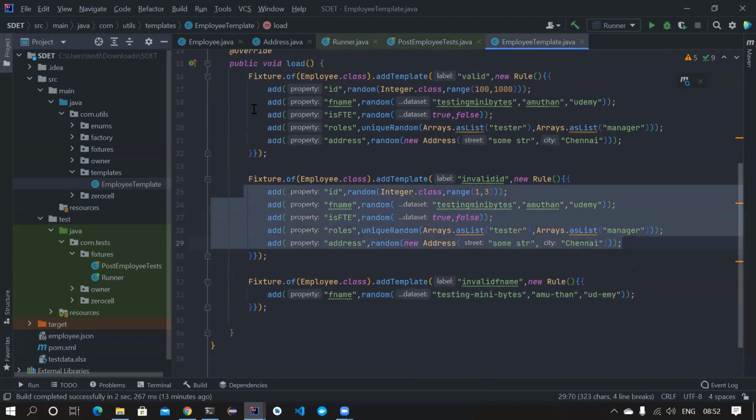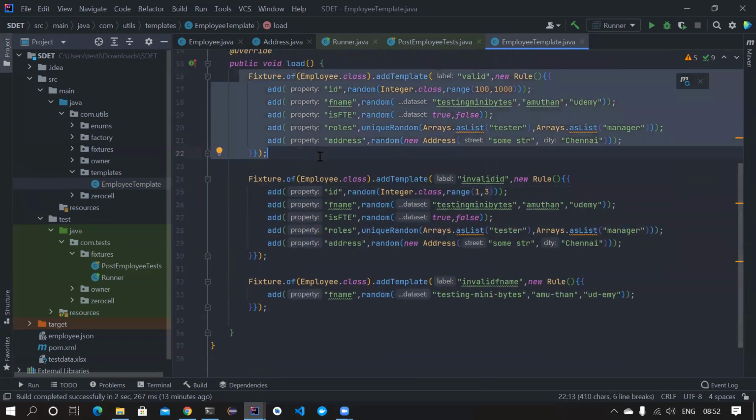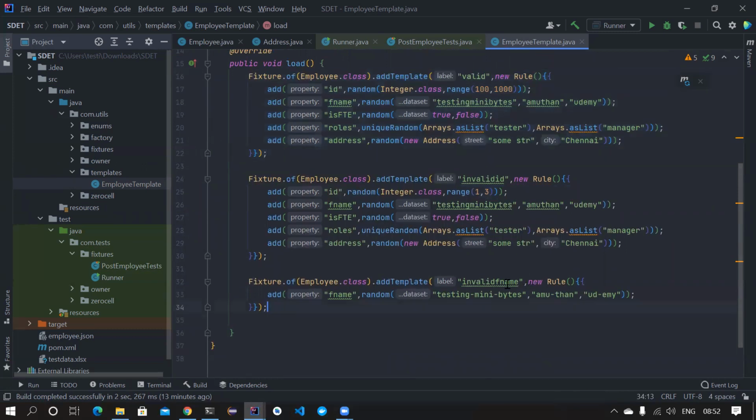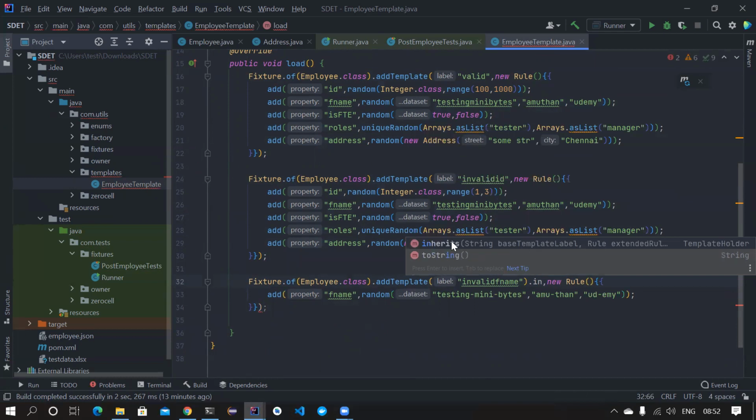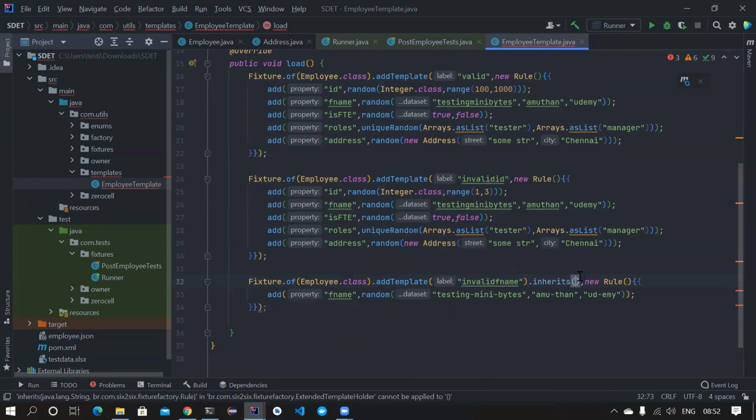No. If you have a base template from which you want to take other values, then you can easily do that. To do that, you need to create a template and then dot inherits. There is something called inherits, so you can inherit from a base template. The base template is valid, so I want to copy it from valid.